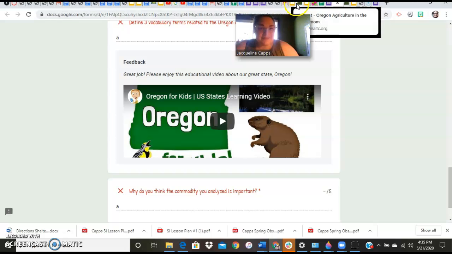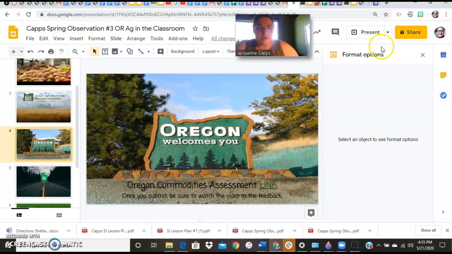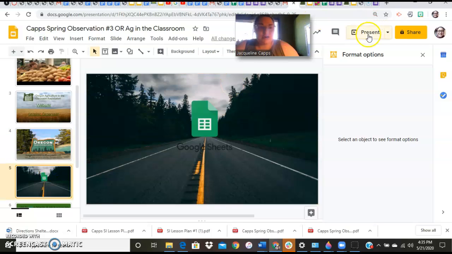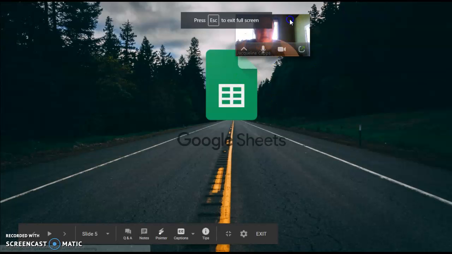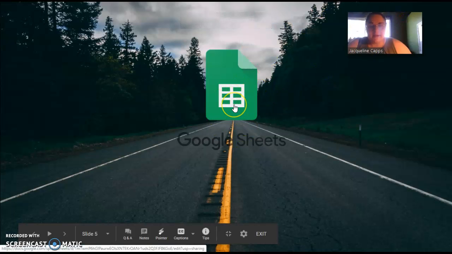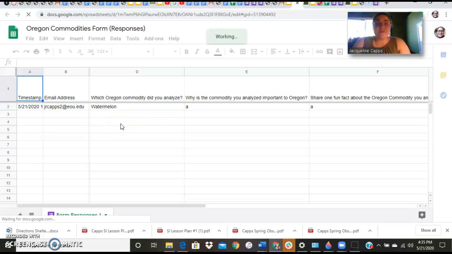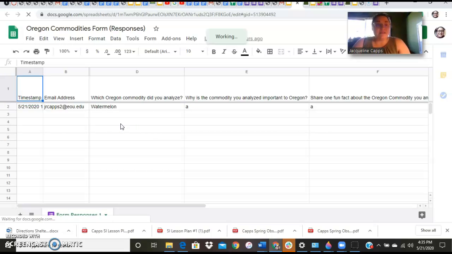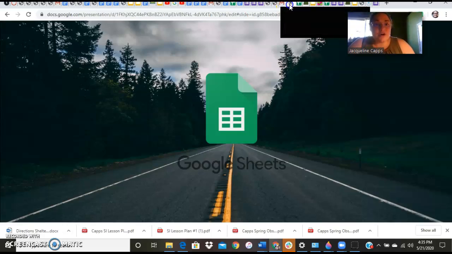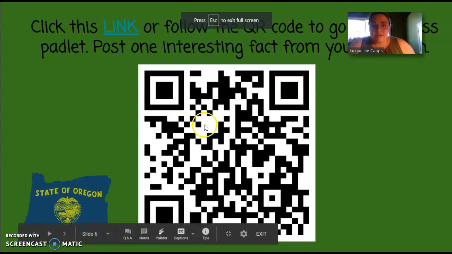And we're not quite done yet, because then what you will do is go to this link here, and this is a link to a sheet that will have all of the information from everybody in the class from their assessment. So from all of the fun facts that we find on different commodities, it'll all be compiled in one place here. So you'll click on that link, you'll take a look, and then your job is to go to this Padlet,